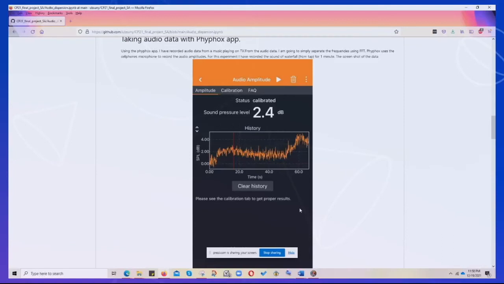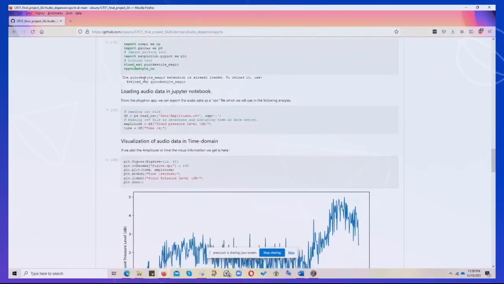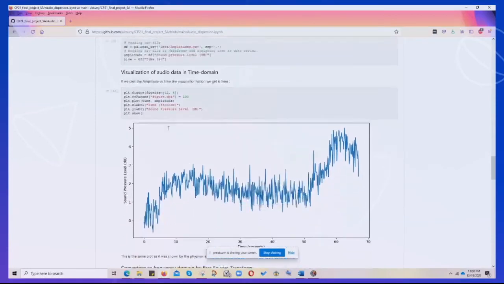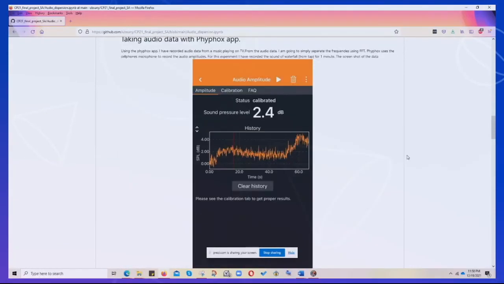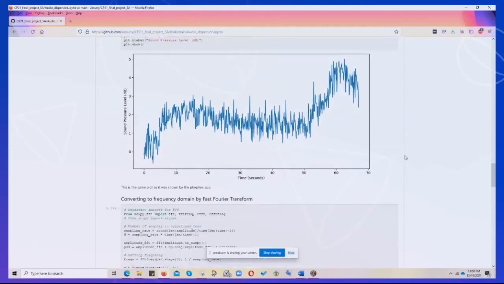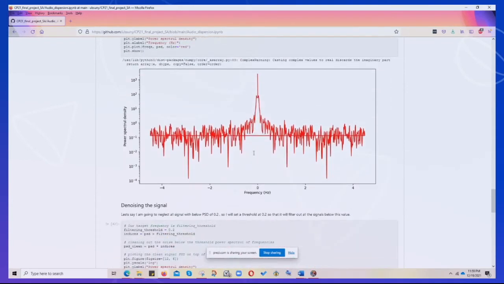Phyphox allowed us to export the data in a CSV file, which I did, and then I uploaded it to this notebook here. I used pandas to import the audio data, and then I plotted it here, and it looks the same as the original one, which was on the screen of the app. Then I used some code to take the Fourier transform, and this is how it looks in the Fourier domain. As you can see, we have lots of different frequencies here,